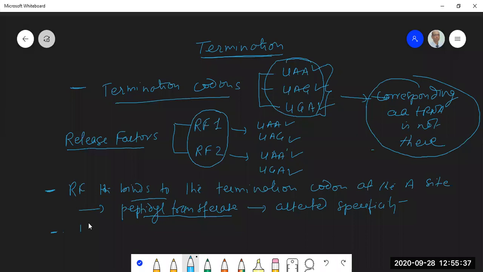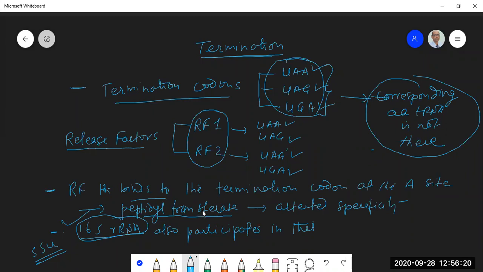Okay, 16S ribosomal RNA also participates in this. And you know where this 16S ribosomal RNA is located? It is a part of the small subunit of the ribosome. The ribosome's small subunit and large subunit are made up of polypeptide chains and RNAs. So 16S ribosomal RNA, as a part of the small subunit, also participates in this.